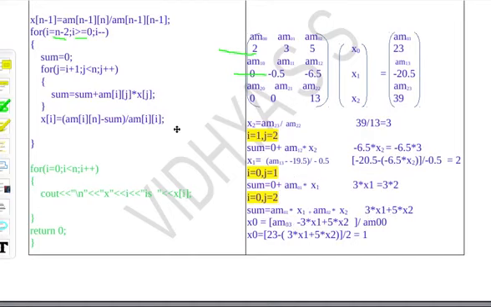After this you will reach here, then the i value is now 0, so x of 0 will be equal to a[i][n], the last element of the 0th row, that is 23, minus the sum you already calculated, divided by 2, that is a[0][0], 2. So after the entire iteration again the i value will be n minus 2 minus 1, but here the condition fails, the loop control will exit from the loop and it will reach here. Now after executing this loop, the entire x array will contain the values of your variables and we can print the variables.